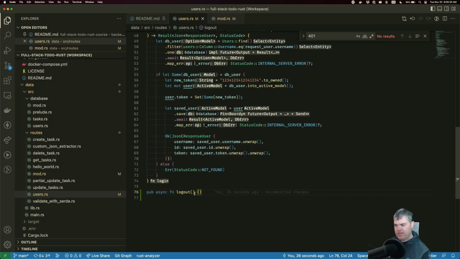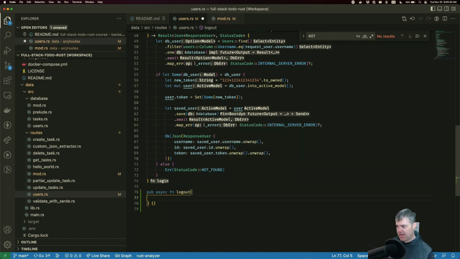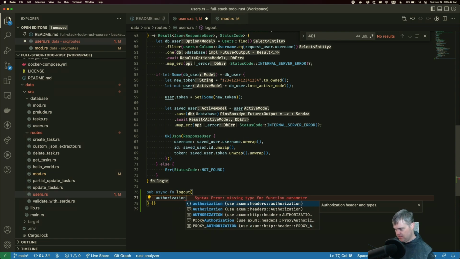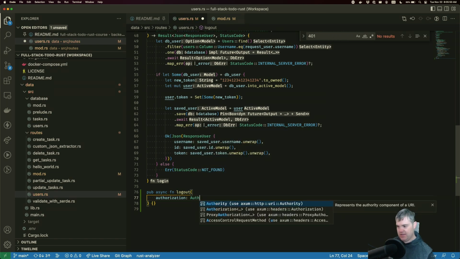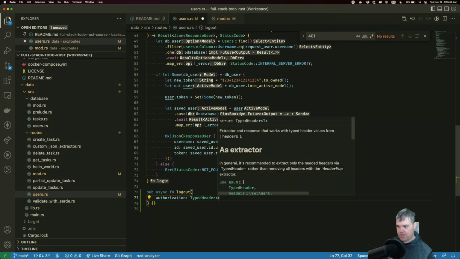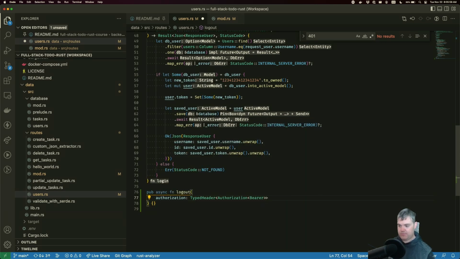Okay, what do we need for this? Well, we need that token coming in. So we know we're going to have the authorization token. Authorization, that's going to be the typed header, Authorization Bearer. We need the database, so we need the extension with the database. Is there anything else that we need?